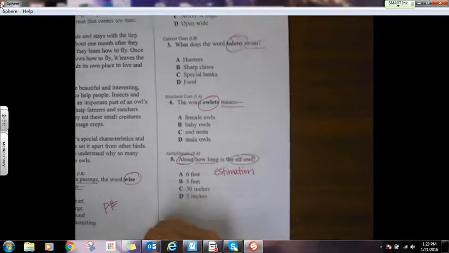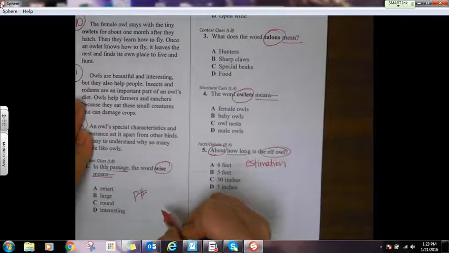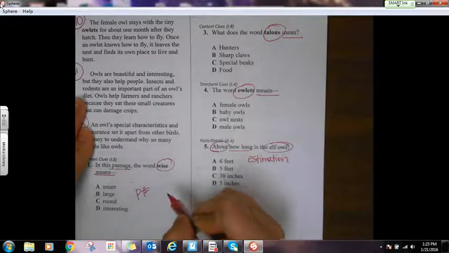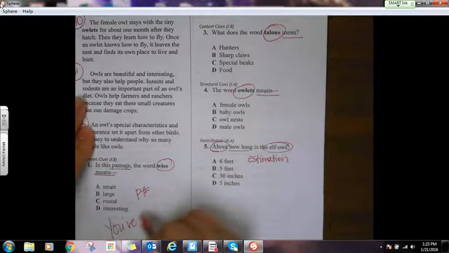But this is just a good start to show you and remind you of what strategies you should be using when you're reading a passage for homework or even in class. So have fun, because you've been